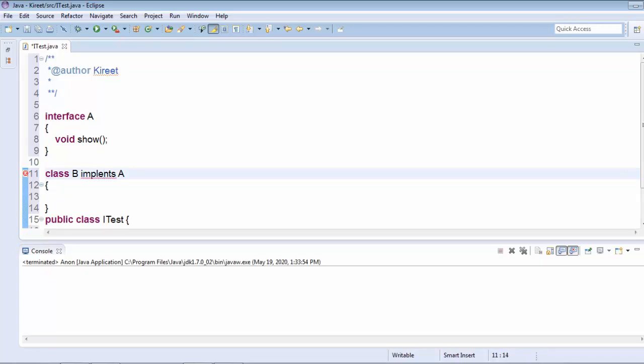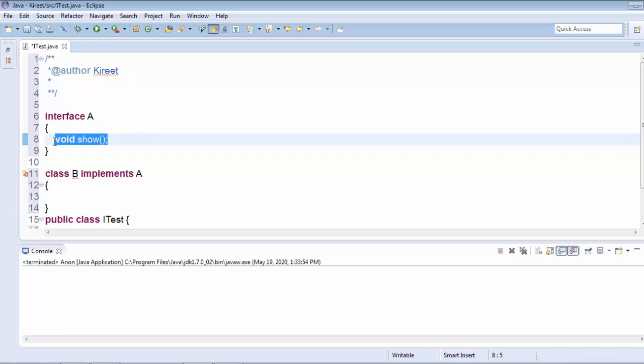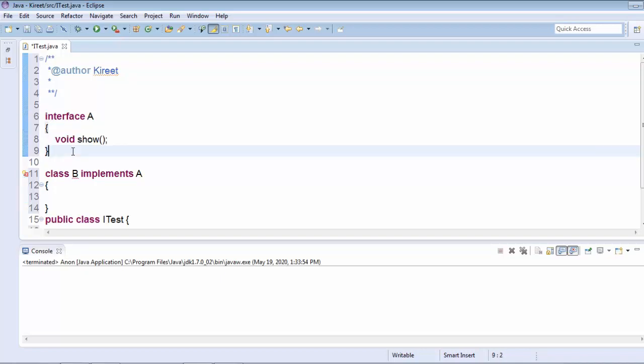The spelling is wrong, it is implements. Okay, now it's correct. So now we are creating a class B that is responsible for implementing A. It means it is responsible for implementing this method whose definition is not known to us. So we'll override this method.